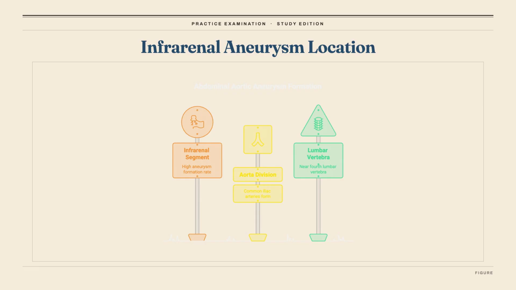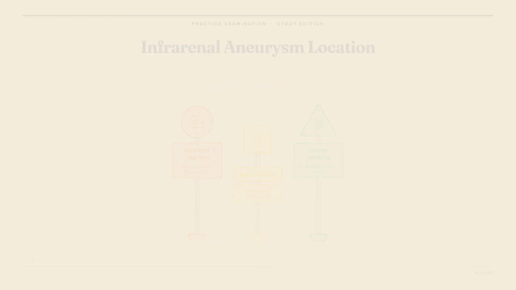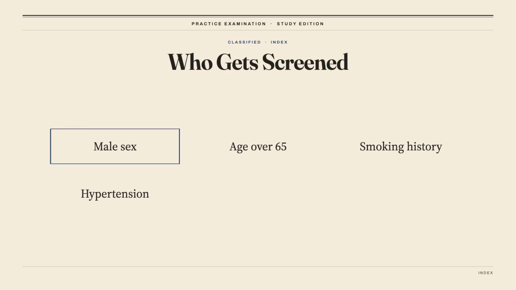The abdominal aorta branches into the celiac trunk, the superior mesenteric artery, the renal arteries, and the inferior mesenteric artery, and most aneurysms form below the renal arteries in the infrarenal segment, which is fortunate because repair there spares the kidneys. The epidemiology points at a very specific group: men, roughly 4 times as often as women, with risk climbing